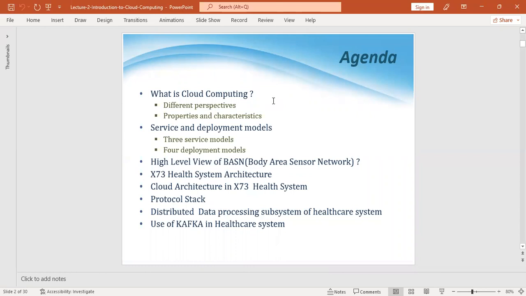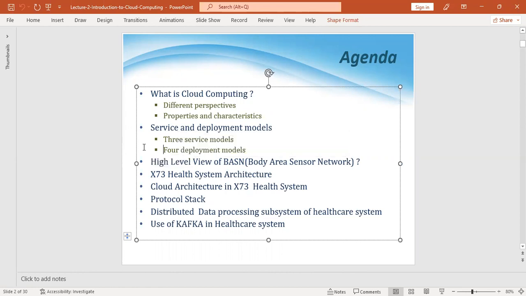So I'll be talking about what is cloud computing. First of all, I'll be covering few basic details so everyone who is watching this video will find it very easy regarding the understanding of the cloud computing, and then I'll jump to how the cloud is helping in the healthcare system. So the first 10 to 15 minutes will be covering what cloud computing is, what are the different perspectives, what are the properties and the characteristics, what services and what models are being followed, and then